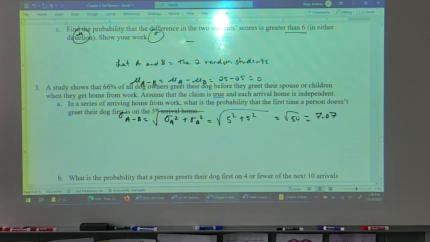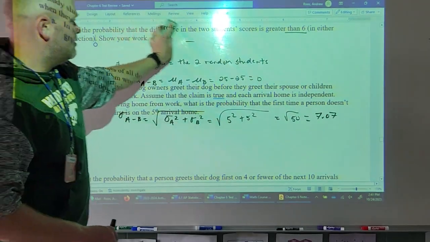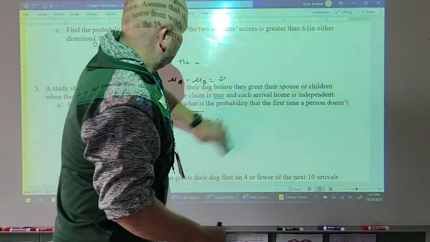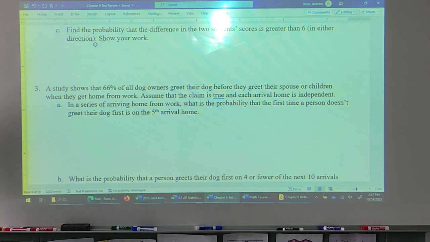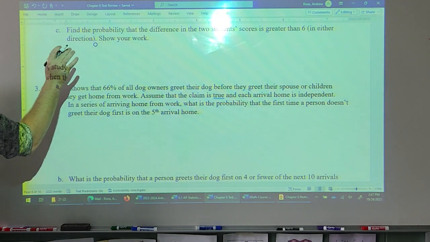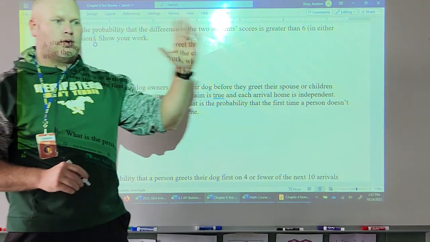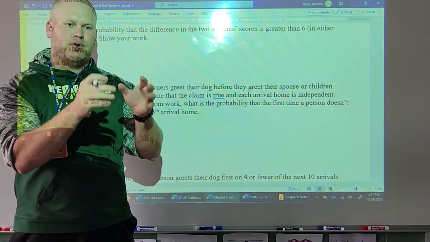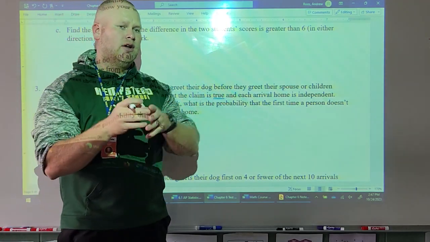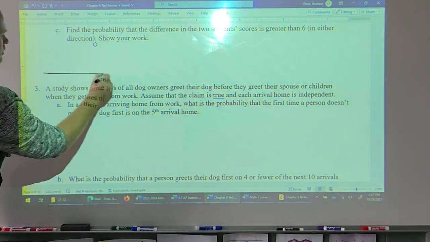Part C, find the probability that the difference in the two scores is greater than 6 in either direction. Okay, so what does that mean? So normal, right, set up in the directions, it was a normal distribution. So if you have a normal distribution and a normal distribution, and whether you're adding those two distributions or finding the difference of those two distributions, the result is always going to be a normal distribution. So normal distribution,